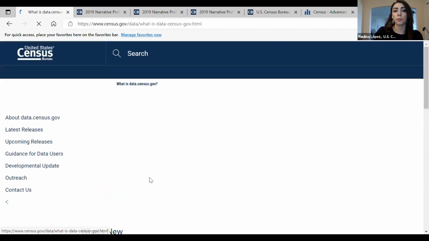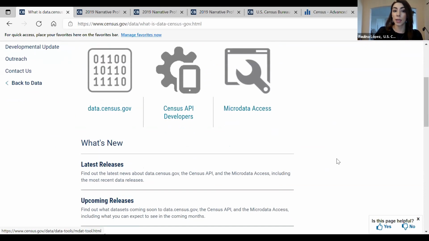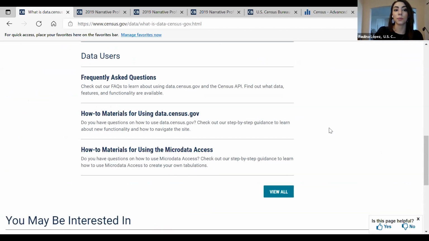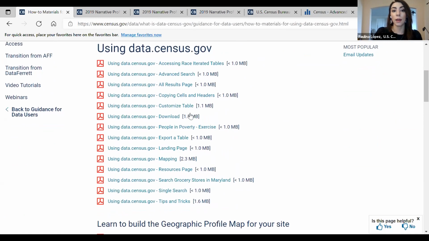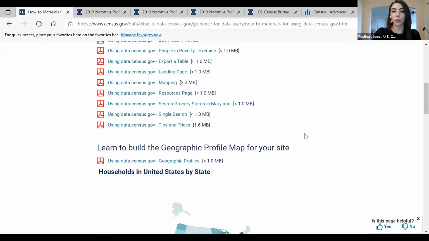Also on these resources, you can get information on the Census State API for those of you that are advanced data users, and then get microdata access and more how-to materials. So we wanted to leave you with lots of handouts and information in PDF format for you to know how to export a table, how to do the mapping.